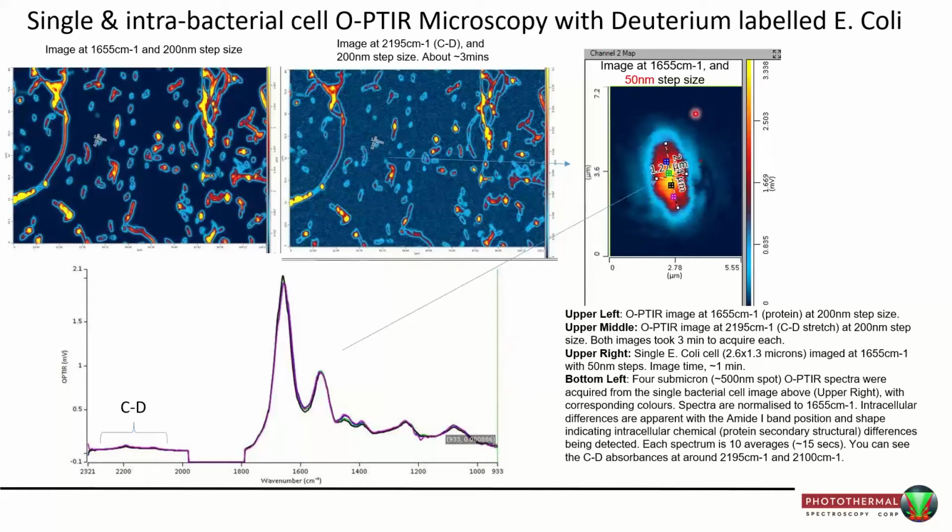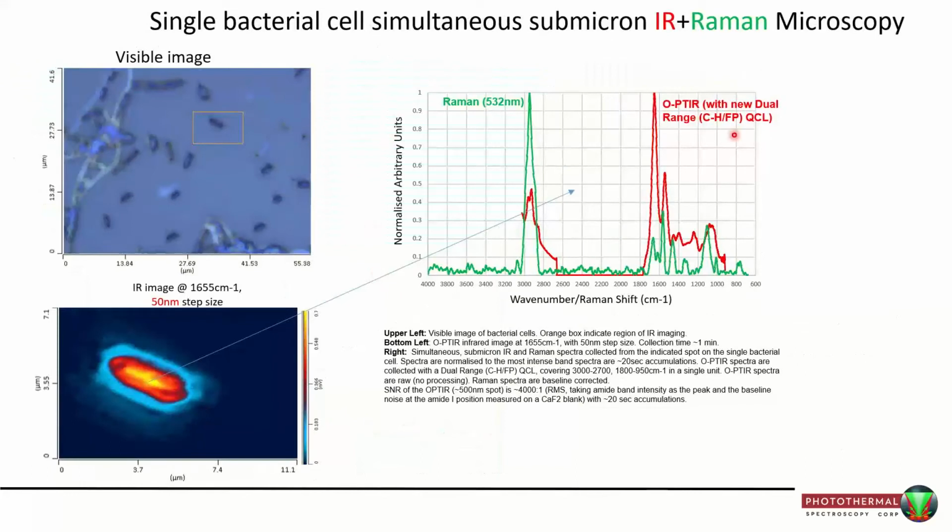So, like some of the samples I borrowed from them, I've gone back and done some measurements myself. So this is in fact a measurement with the silent region QCL. You can actually see some CD bands. These were E. coli grown in deuterium or heavy water. And this is an image of a single E. coli bacteria collected at 50 nanometer step sizes. This is infrared far-field imaging we're talking about. And my last example is again of E. coli. I think this one is not